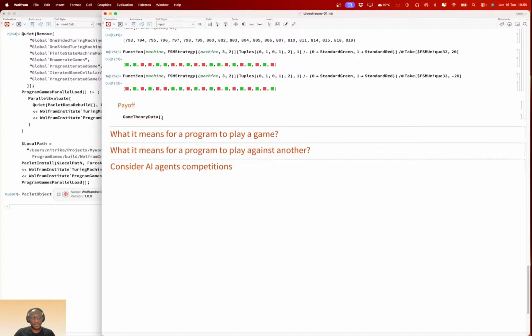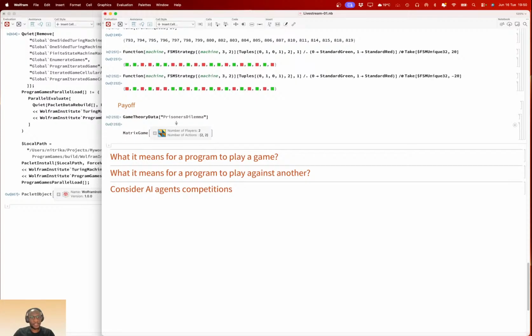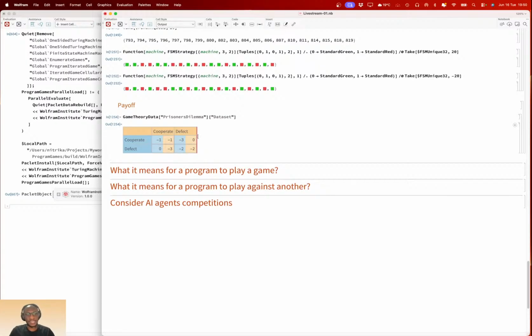So let's say, for example, we take prisoner's dilemma as a payoff. Let's say we just want the data. So this is an example of a payoff in prisoner's dilemma.